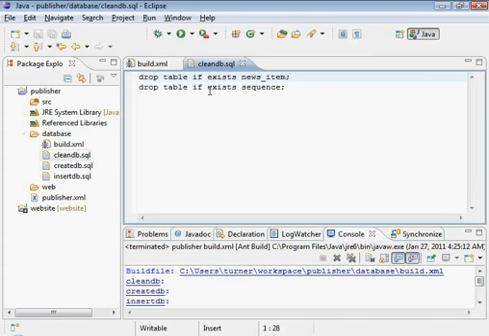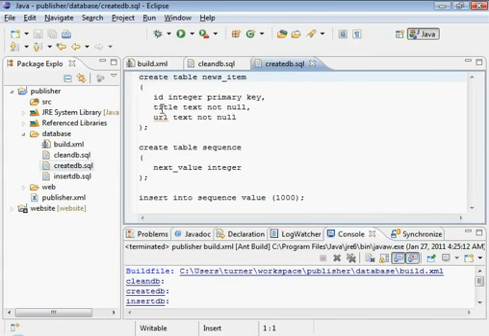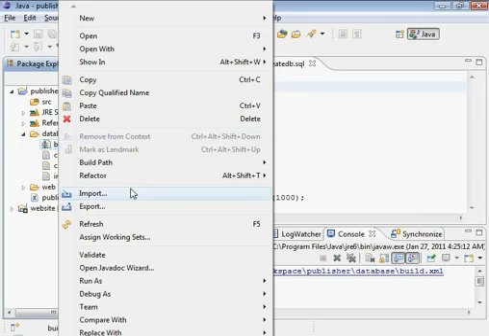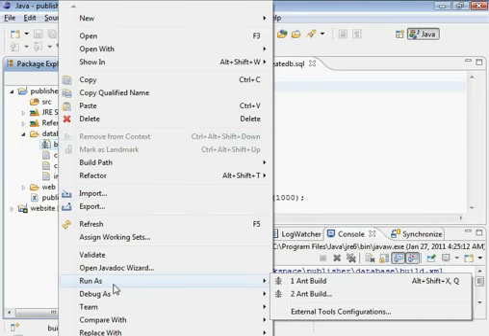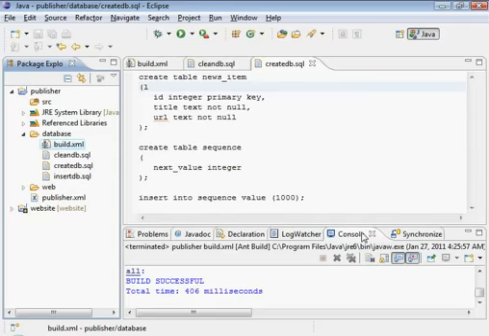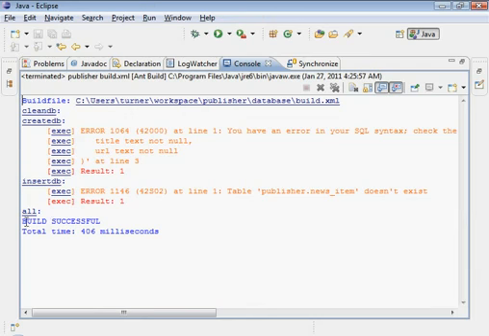So let's look at this create DB. Let's put in a syntax error here. I'll put an L there, and let's watch that fail. Okay, so I'm going to run this again. So this will be run ant build that runs the last one. Look at that. It says build successful, but